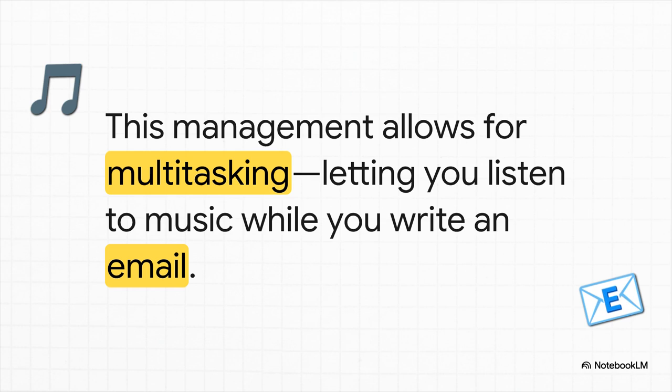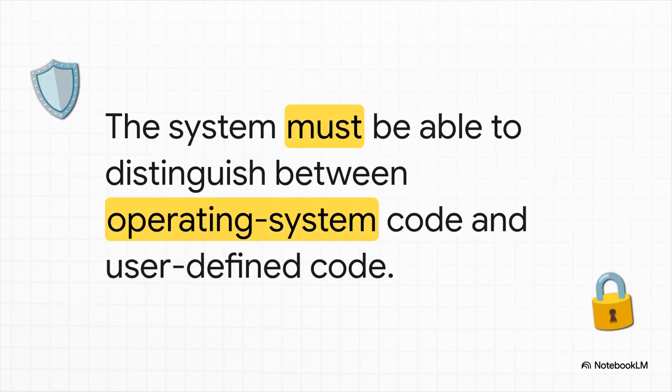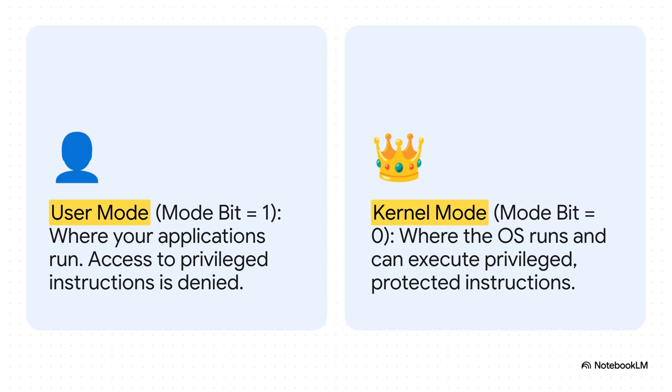Total nightmare, right? But this brings up a really important question. With so many programs running and all of them wanting a piece of the pie, how does this OS government maintain control? How does it stop one rogue app from causing total chaos and crashing everything? So the heart of the problem is this. The system has to have a way to tell the difference between its own supercritical governmental code and the everyday code of your applications. It needs a way to protect itself and to protect other programs from either errors or malicious behavior. And the solution is actually this fundamental rule of law that's built right into the computer's hardware. It's called dual mode operation.